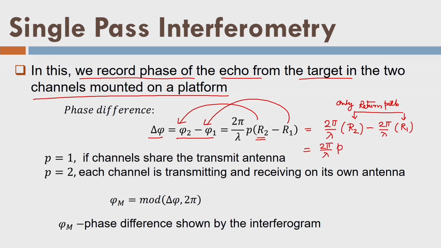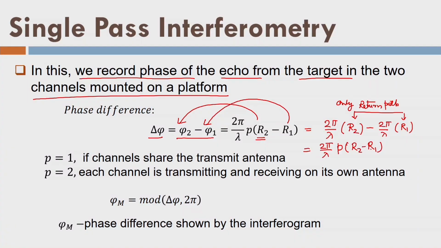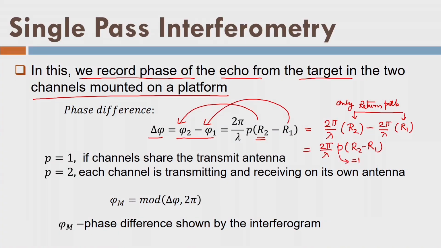Here we introduce a factor called P such that I can write a very generic expression for all the cases, whether it is a 2 travel path, that is R and again R, or it is one path from the target point to the receiver. So I can write 2 things. I am saying that P here is equal to 1, but in case I consider the 2 paths, that is from transmitter to target and target back to the receiver, that will be 2 path travel. So in that case I will take P equal to 2.